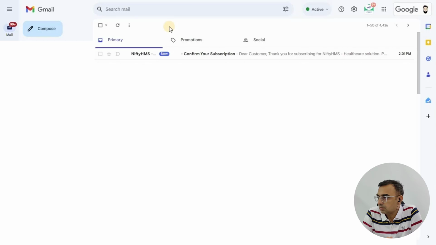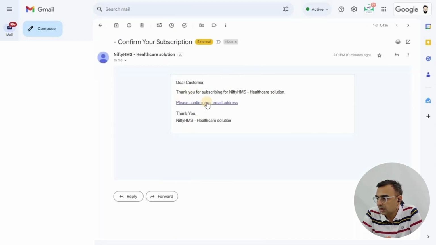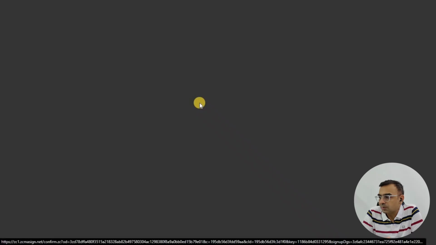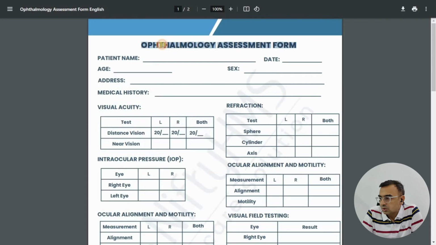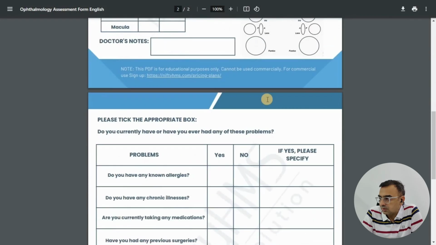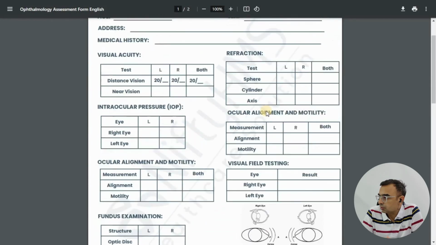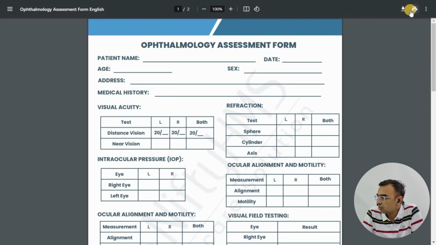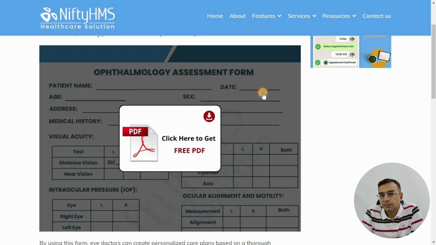So let's just check the email. We have the email now. We'll click on the please confirm your email address link, and this will open up the PDF for the ophthalmology assessment form. So this PDF has all the details that you need to assess your patient. You can download it, you can print it for your day-to-day usage, and this form will be useful for your